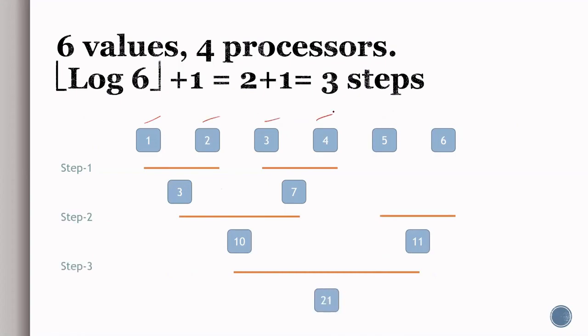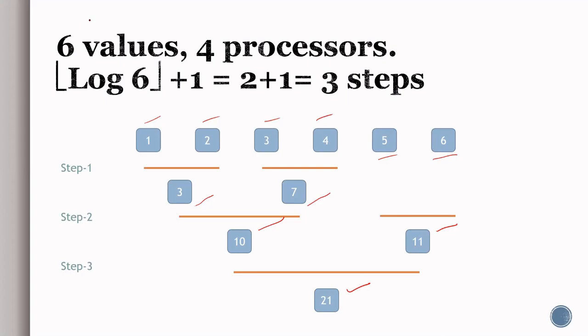Now what they do is they sum up the values and save the values in one of those processes for each pair. Now in the second step, you can see that 2 different processes are free and they will take the values 5 and 6, and the rest of the 2 processes will take 3 and 7. In the next step, they sum up the values 10 and 11 here. Finally, in the third step, we have only 2 processes communicating to each other, and finally one of the processors saves the value of 21.